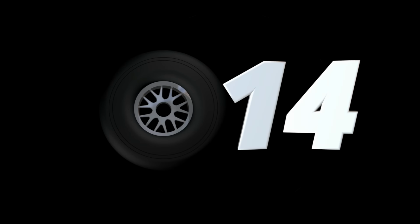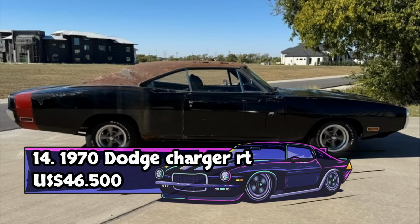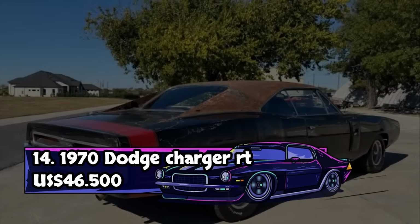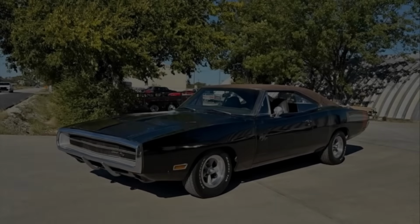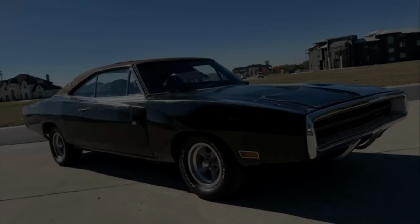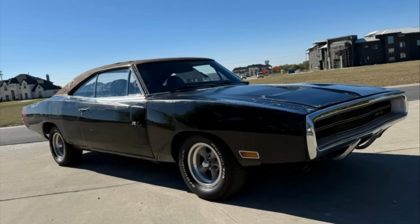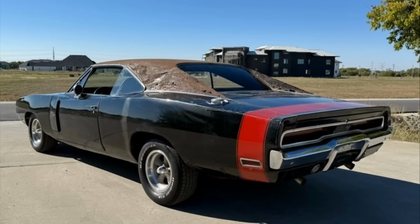Number 14. This 1970 Dodge Charger R/T, priced at $46,500, is a genuine XS29U0 coded R/T model that offers a rare opportunity to own a true Mopar performance icon. Located in Allen, Texas, this Charger retains its original VIN, fender tag, and body stampings, confirming its authenticity as a real R/T car. Originally finished in Rallye Red with a black vinyl top and black interior, it remains largely true